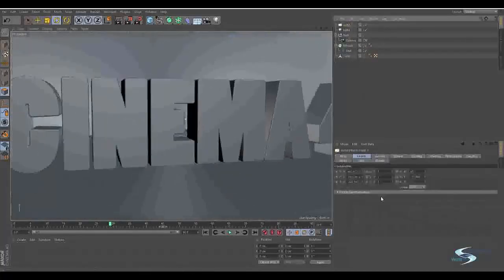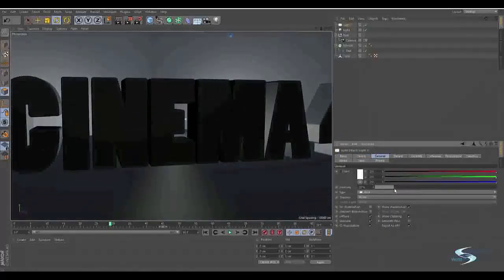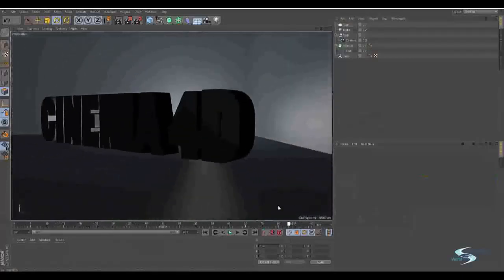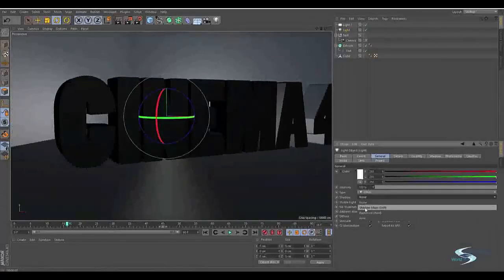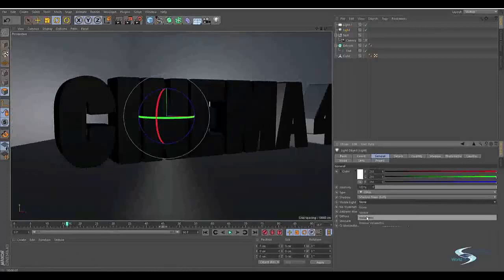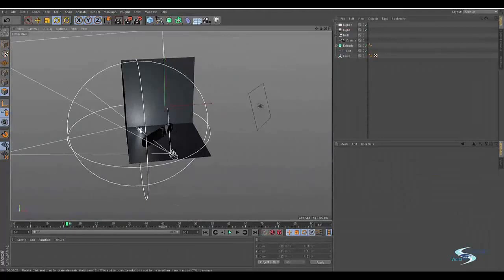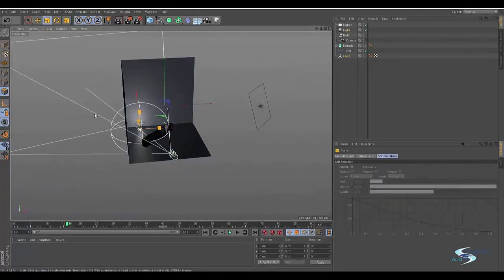Then I want to take this area light, go into general, and just decrease the intensity to something very small, like 16%. I will take this light behind, and then I will add a soft shadow, and I will add volumetric light. And I'll go out here and just select this light and scale in the volumetric